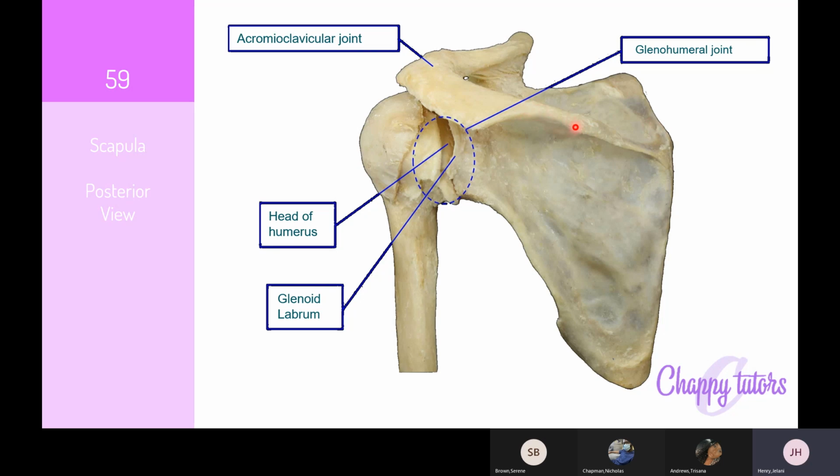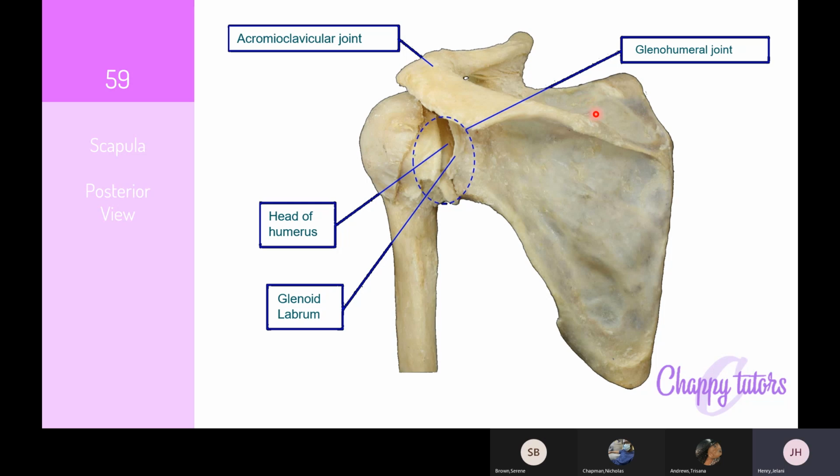Also in this view, right, we could properly see the spine of the scapula. You can see that it divides the dorsal surface of the scapula into more or less two parts, right? It divides it into a superior third and an inferior two-thirds, right? This superior third is a fossa, right? There's a fossa here, and a fossa refers to just a slight depression in the bone, right? So there's a slight depression above the spine of the scapula that is known as the supraspinous fossa,